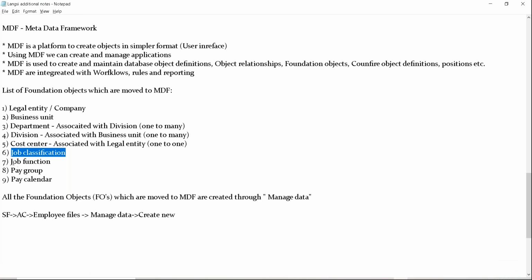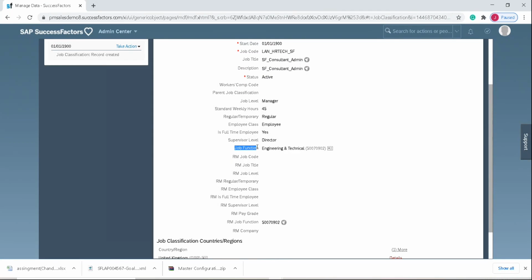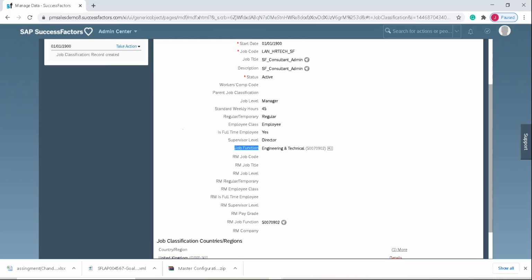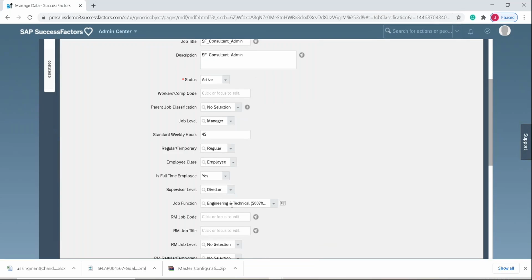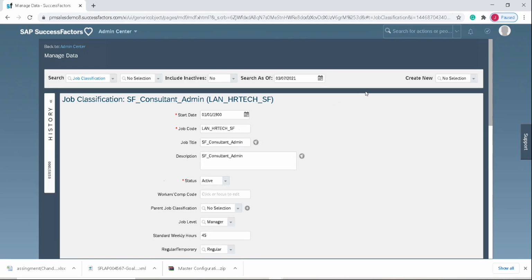You see, it is associated with job function. Do you see? Associated with job function, right? So job classification is associated with job function. What kind of relation is it? One to many. Is it one to one or one to many? One to one. That's right, one to one. Okay, so